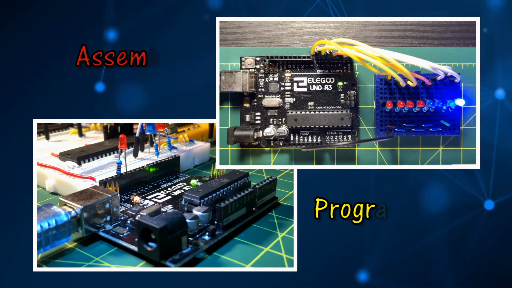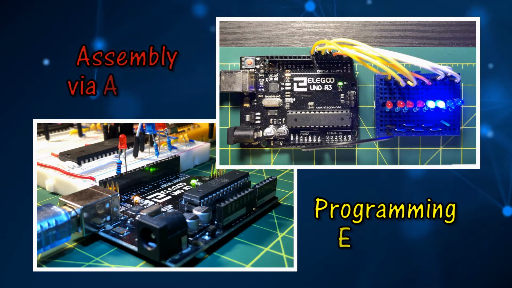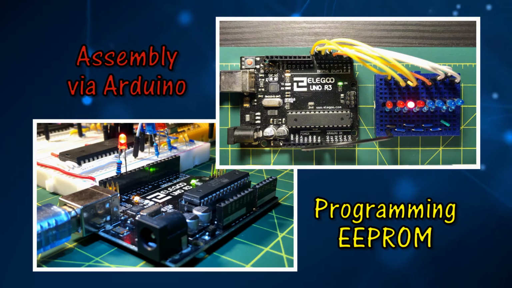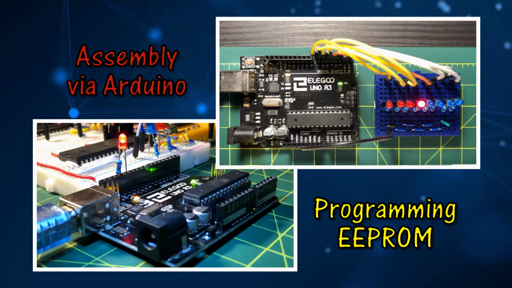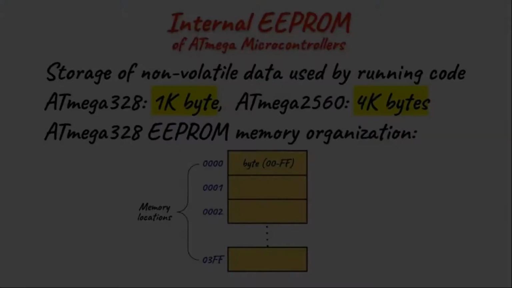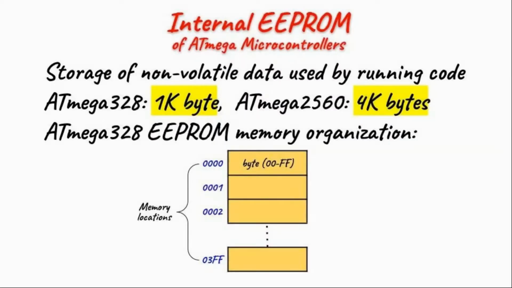In this video, assembly is used to program ATmega328 EEPROM, where data are written and read from the 1 kilobyte EEPROM. The main application of EEPROM inside a microcontroller is to store non-volatile data that can be used by a running code. Within the ATmega328 found in the Uno and the Nano, there is a 1 kilobyte EEPROM,